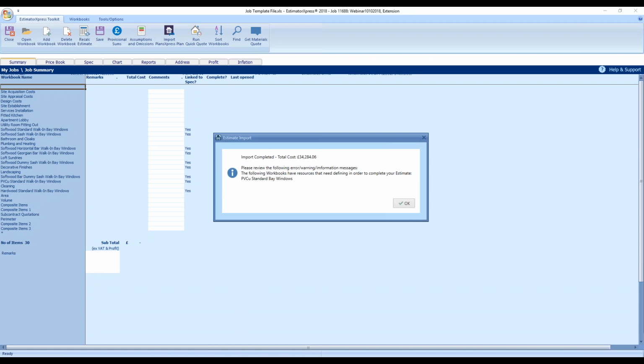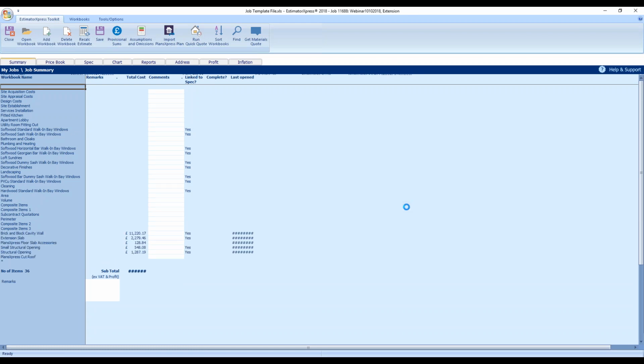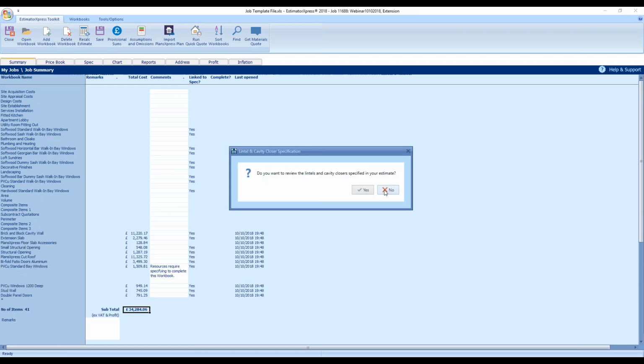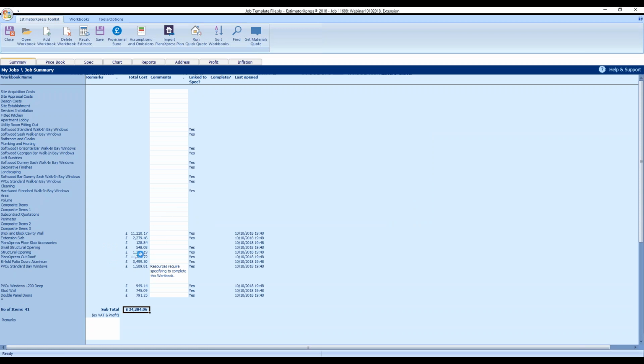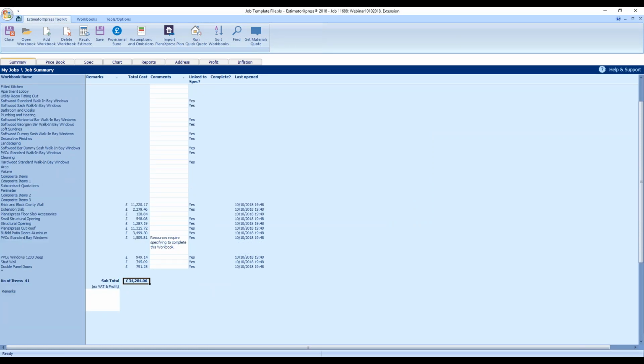This particular message that pops up is literally just dragging your attention to a particular workbook that needs something to be defined. You might come across it in Estimator Express every now and then, where it will say an item needs to be defined. It's usually a duplicate item, like side 1, side 2. A lot of the time, you don't need that side 2, so you can just set not required. But that is quite literally it. You bring it all in, you get all your costings,